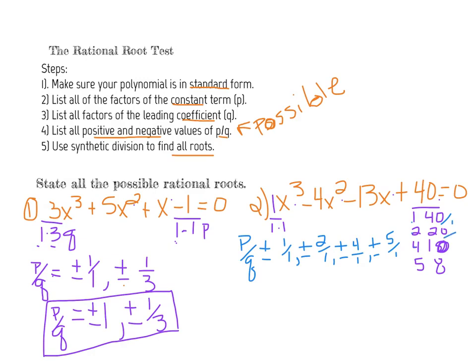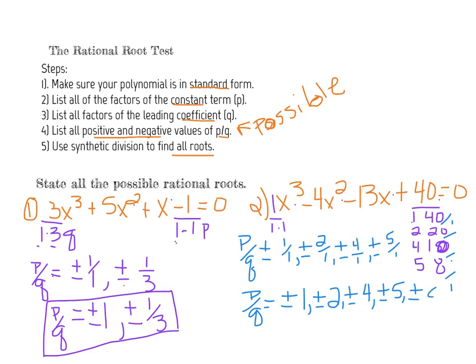All of these are divided by 1, right? So to save space, I'm just going to simplify it, because hopefully you realize everything's divided by 1. So what's 1 divided by 1? 1. What's 2 divided by 1? 2. So we've got plus or minus 1, plus or minus 2, plus or minus 4, plus or minus 5,